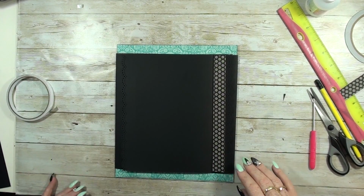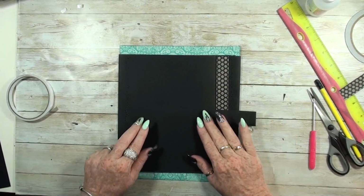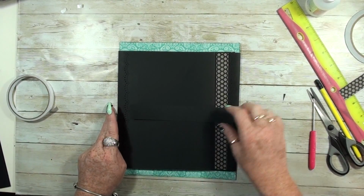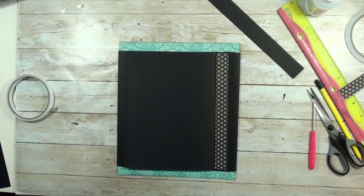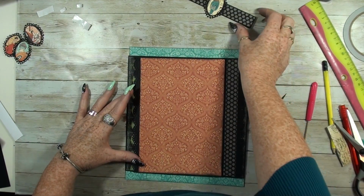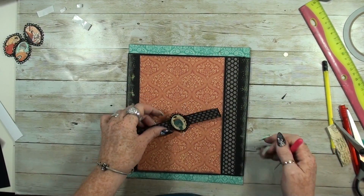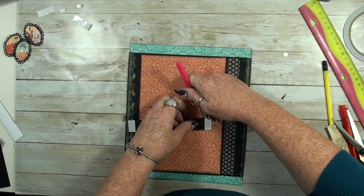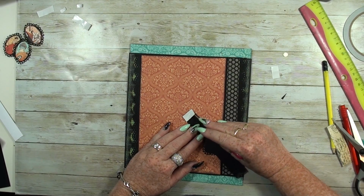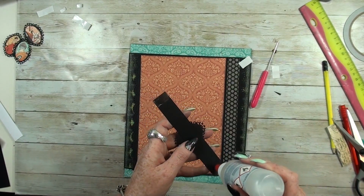So, yes, this is good. And on the front I like to make a belly band, but then I need first my design paper for on top. So I'll be back and grab my design paper. So I put my design paper on top, and then I made my belly band, and I glue this down with just 2 pieces of tape and just a little glue so I can wiggle it,